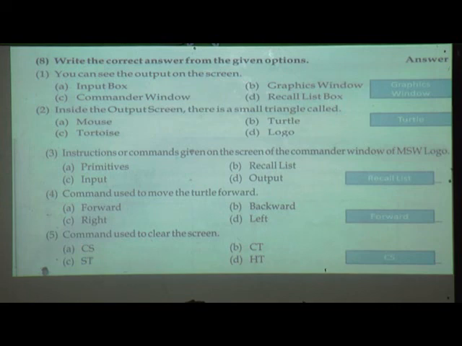What is the first one? You can see the output on the screen. It's called the graphics window. Inside the output screen, there is a small triangle called the turtle.